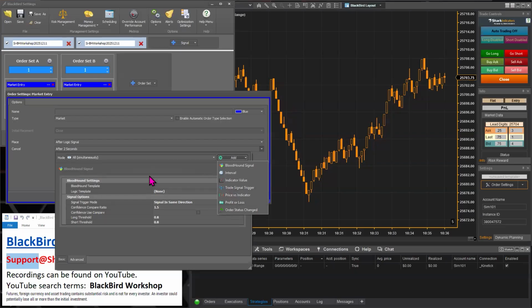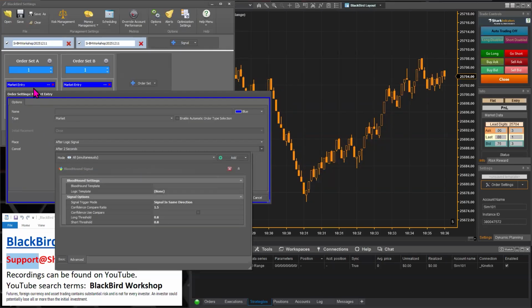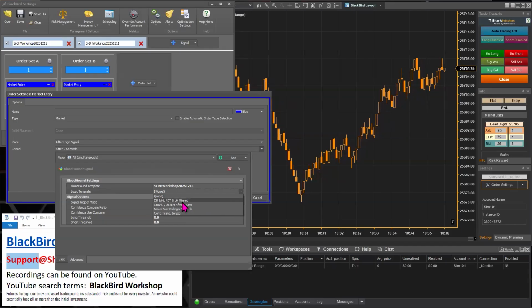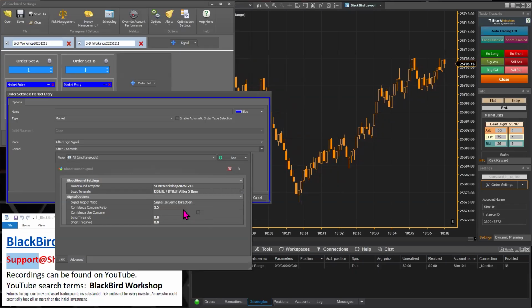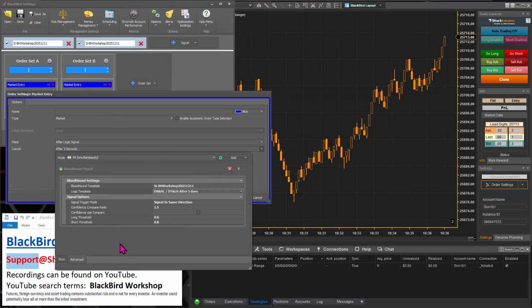So for this trigger, for our initial entry order here, we could just say, if our secondary signal occurs,